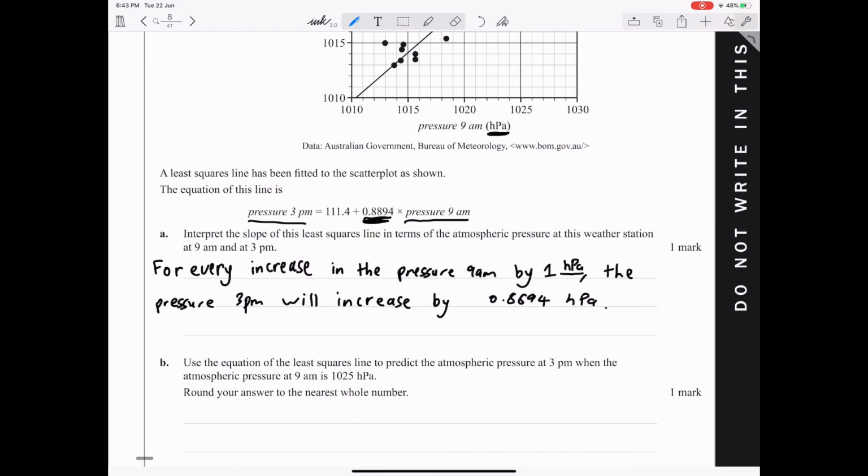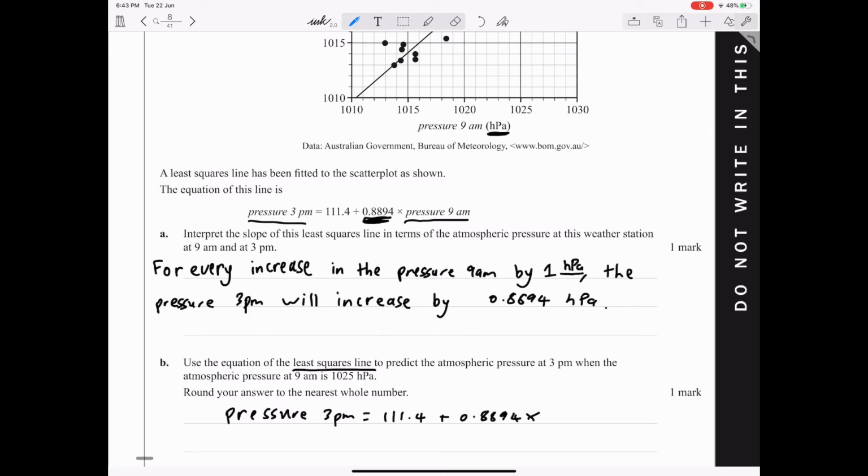5b, use the equation of the least squares line to predict the atmospheric pressure at 3 p.m. when the atmospheric pressure at 9 a.m. is 125 hectopascals. Round your answer to the nearest whole number. So basically we're just going to use the equation of the least squares line as it says in the question. So we know pressure at 3 p.m. is equal to 111.4 plus